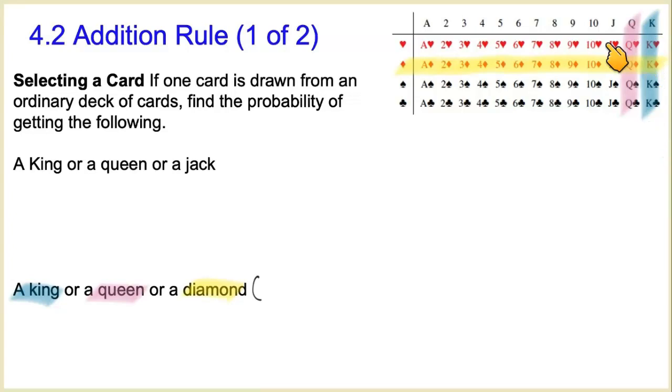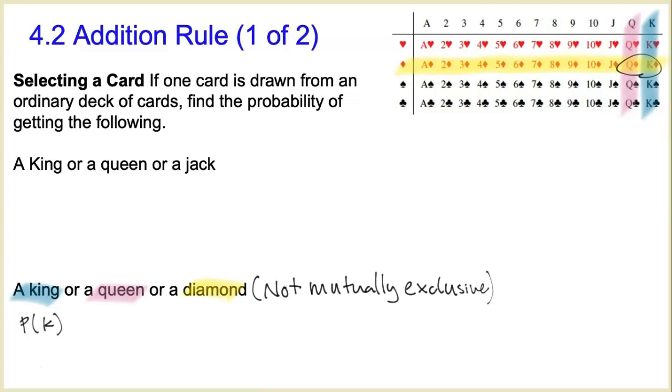There's 4 kings, there's 4 queens, and there's 13 diamonds. 2 of those diamonds are a king and a queen, and they're included with the king or the queen. So these events are not mutually exclusive. Because they're not mutually exclusive, we actually have to do something with the probabilities